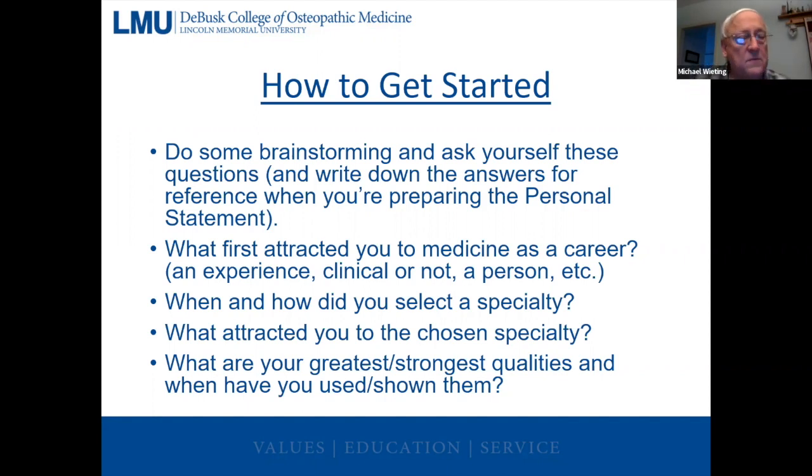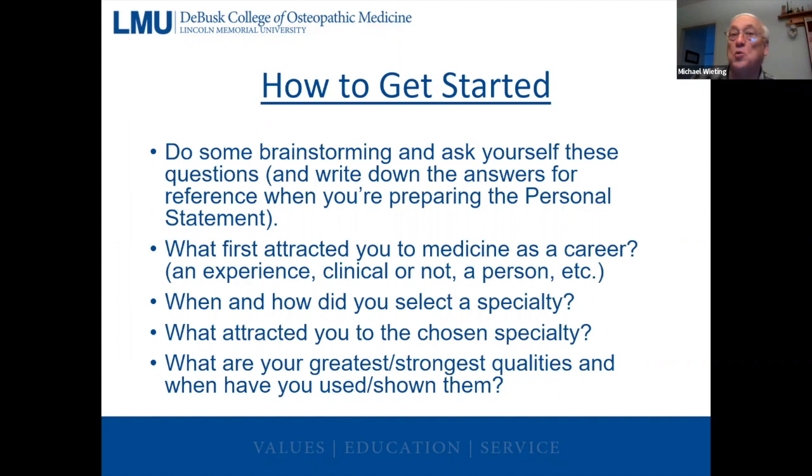That could be functioning as an athlete in high school or undergrad or whatever. It could be working as a team with a job or some volunteer activity you did, or whatever it might happen to be. So that's the second main question. The third main question is, what kind of residency program are you looking for? It could be you want a program, you're very interested in living in a big urban area, because that's where you grew up and that's what you're used to, so on and so forth.